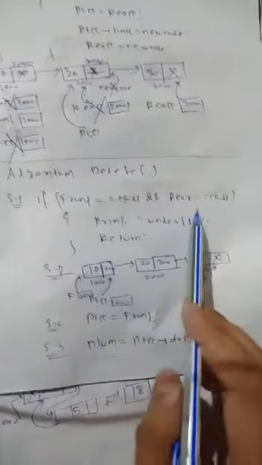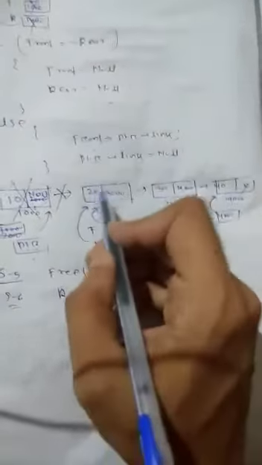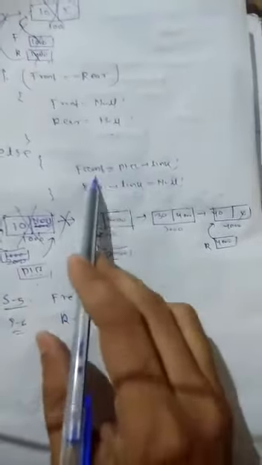Suppose I am calling again, then what happens? Again ptr will be assigned, and again the underflow condition will be checked. If more nodes are present, then it is not underflow, and ptr equal to front and norm equal to ptr data. So ptr equal to front means ptr is here. Norm will store the 20 data for returning. Then the front equal to error check does not execute either, so it goes to the else condition.